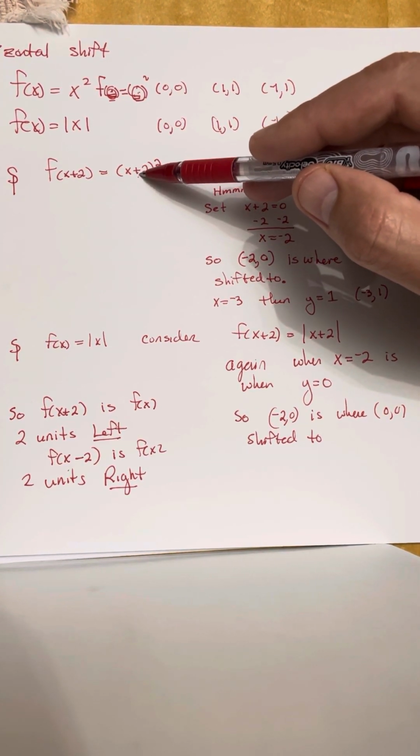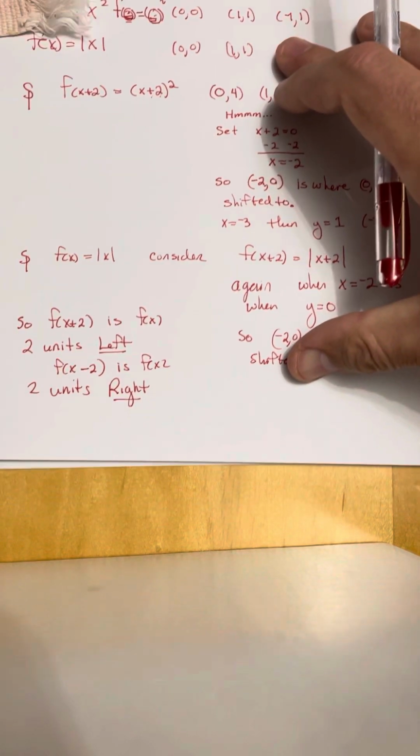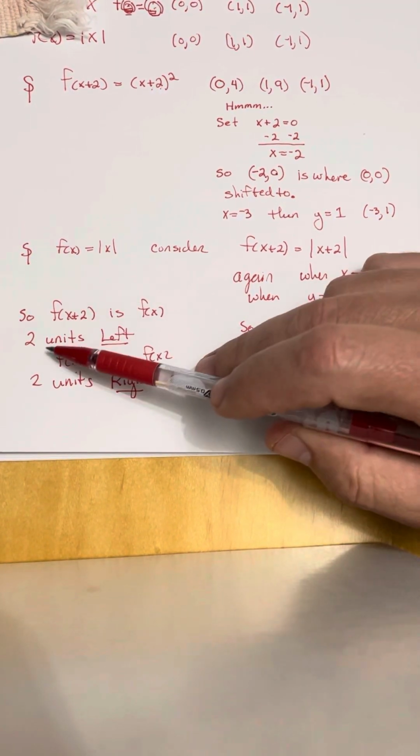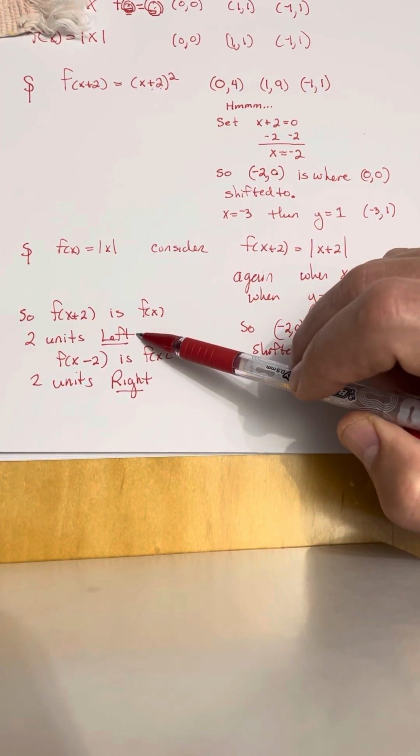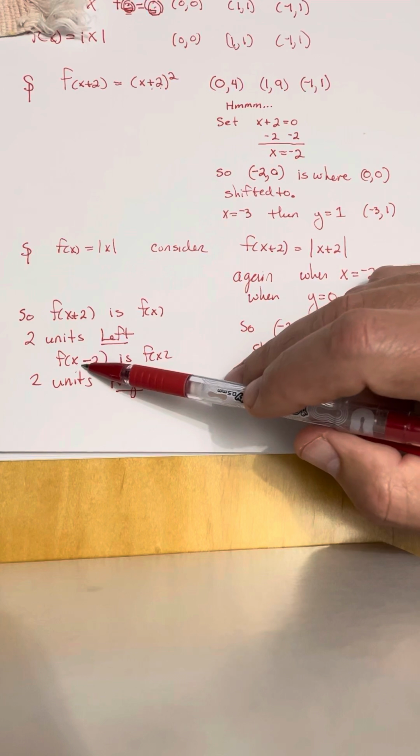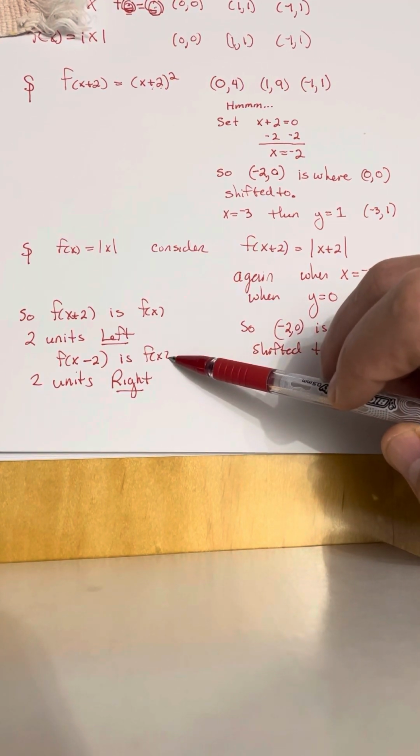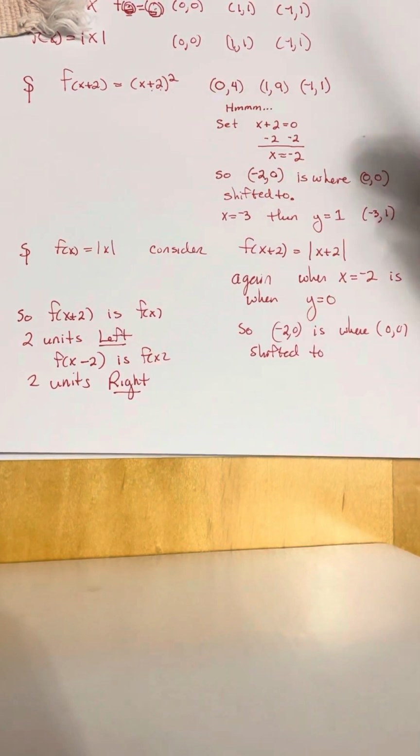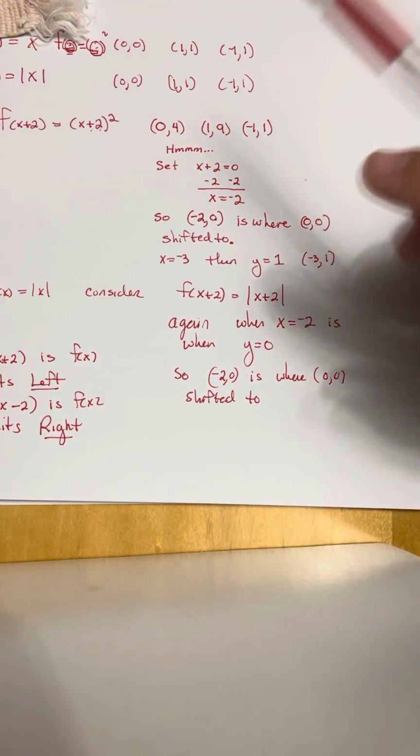So if this is a positive 2, let me slide this down a little bit. A positive 2 is a shift 2 units to the left. And I'll say this again in a bit, but if you did the argument x minus 2, this is f of x 2 units to the right. Notice the sign change. But I'll do another one. Let's consider